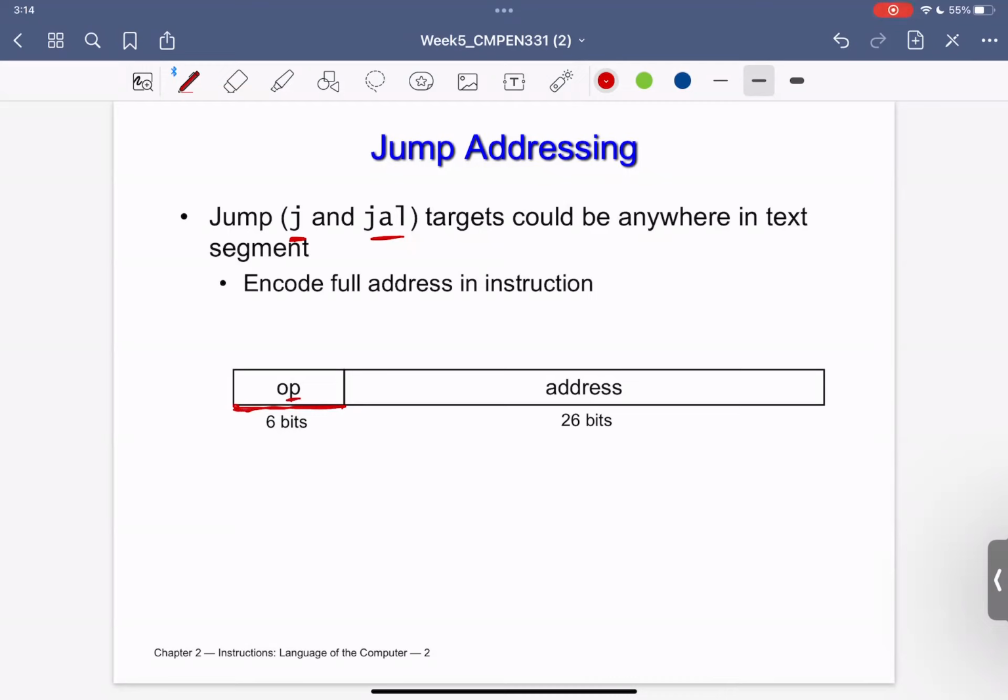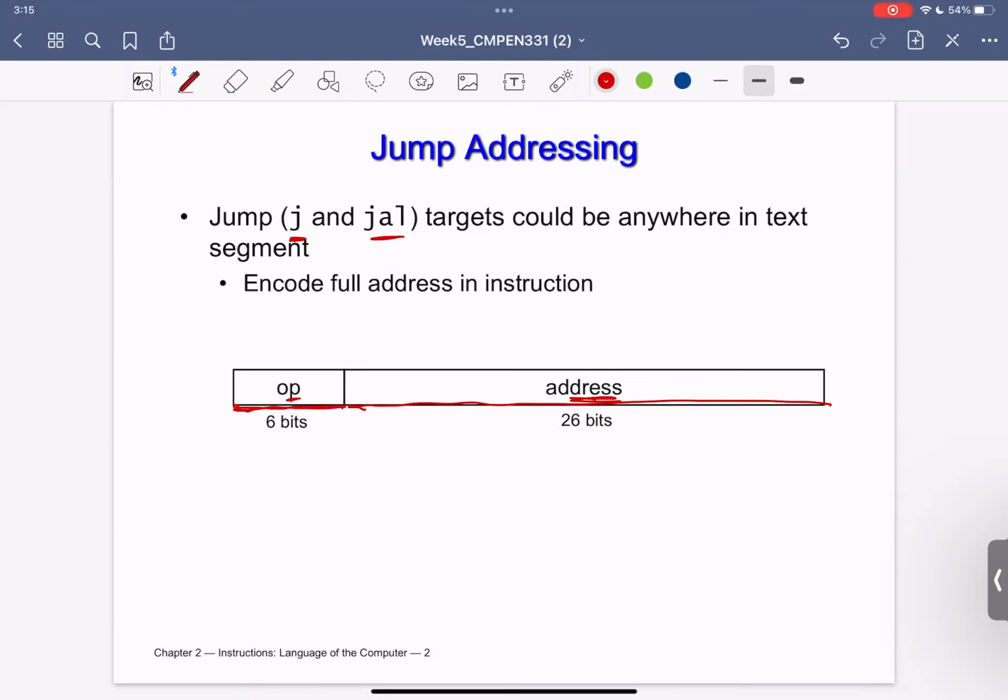But interestingly, in the J format, all the next bits are taken as an address, because basically in the J format I only have to know 2 pieces of information. What exactly the command is, which will be jump or jump and link, and that is known from the opcode, and then where to jump. And where to jump is nothing but an address.